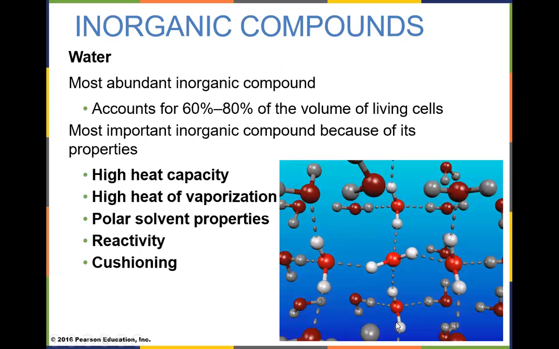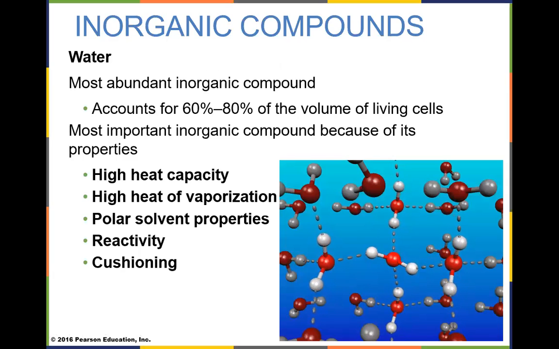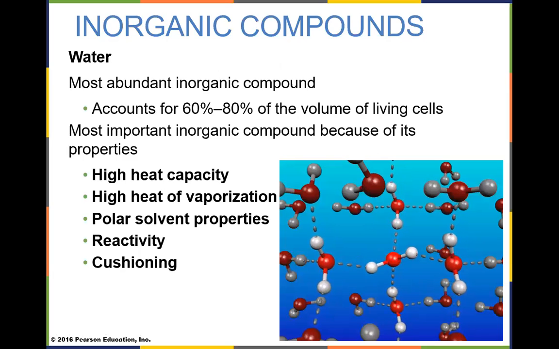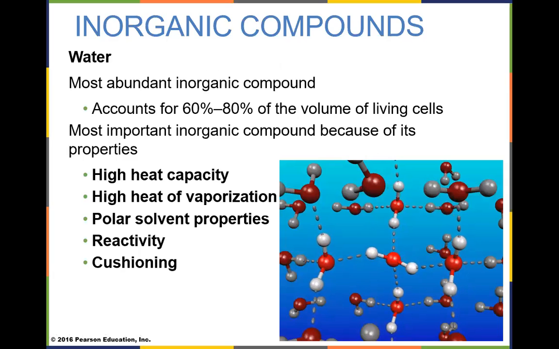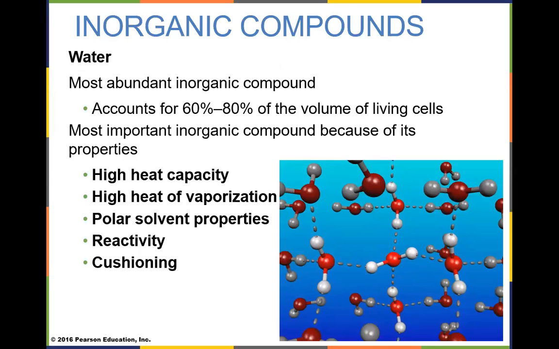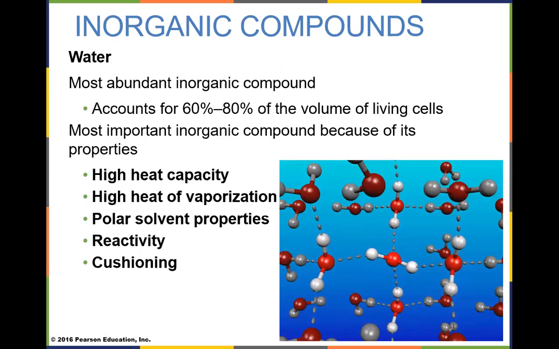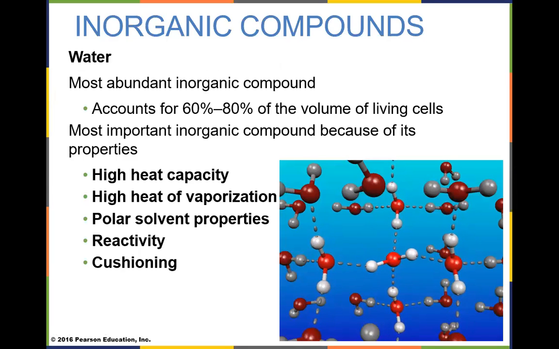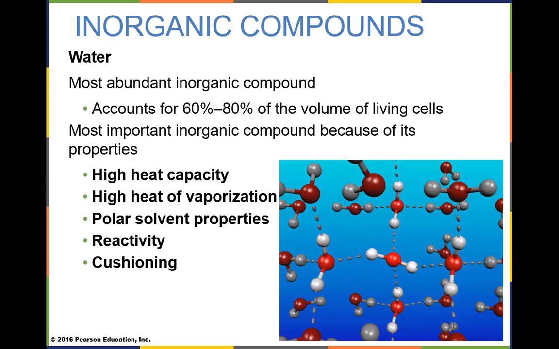So the first of the inorganic compounds is water. There's more water in our bodies than any other inorganic compound. As an adult, our water levels are about 70% of our body. Now, when we get older, an elderly individual would be about 45% water, and infants about 90% water. So we're somewhere in between those two numbers, probably around 70% water.